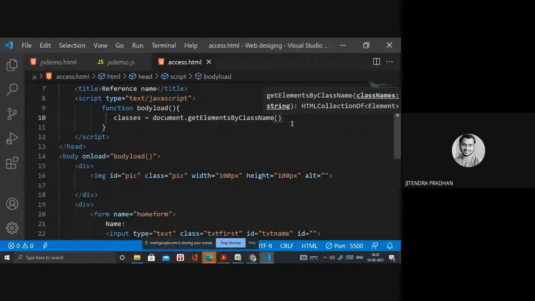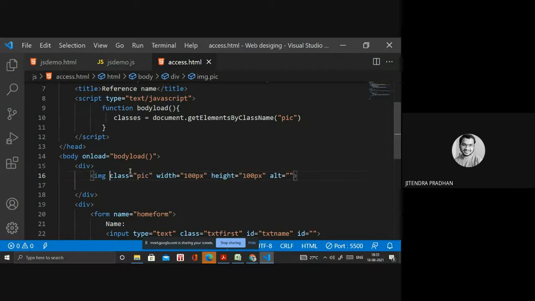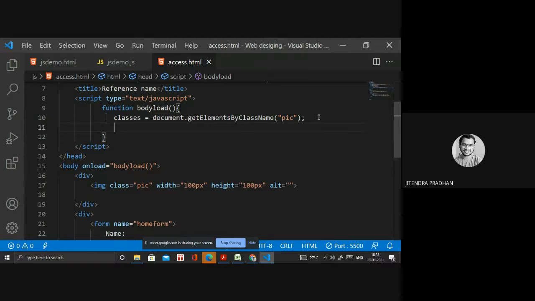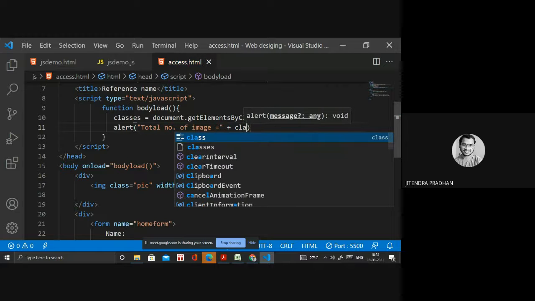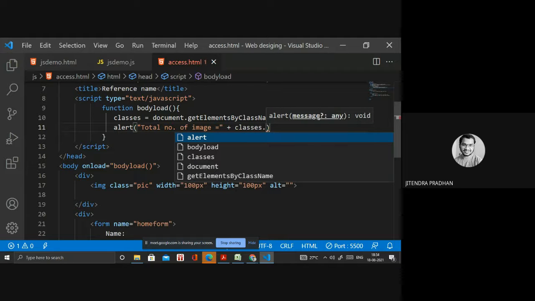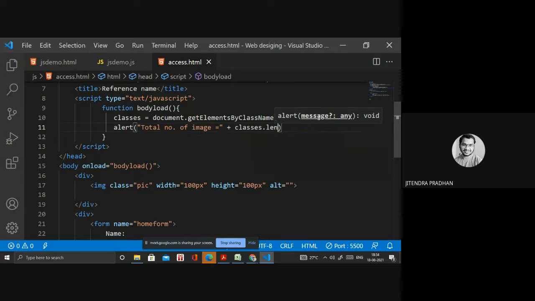Inside, if I particularly use pic, I will write that pic here. Then I will write alert: total number of images equals classes dot length. LENGTH. Yeah, done.